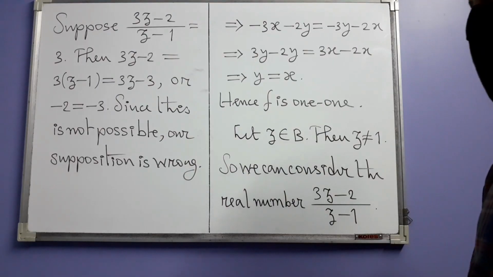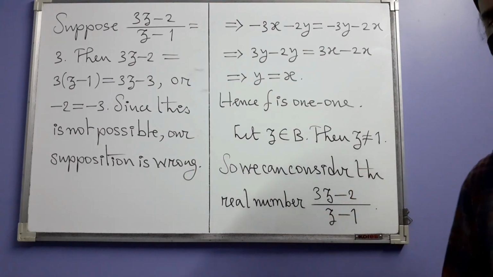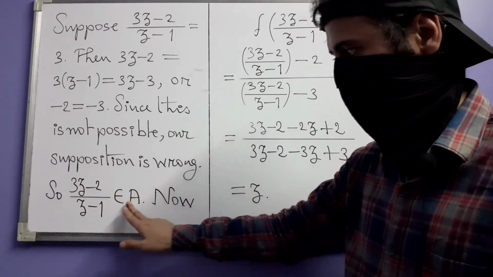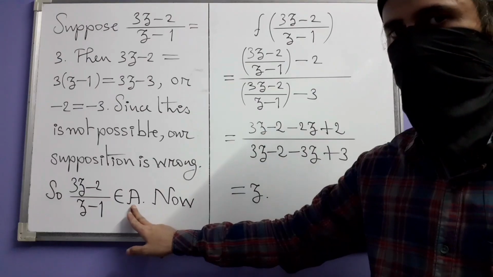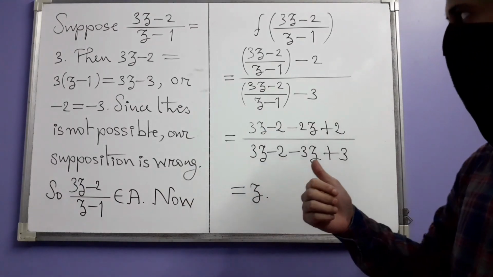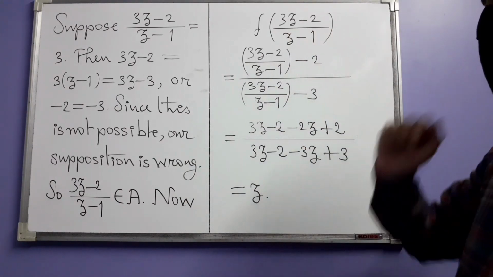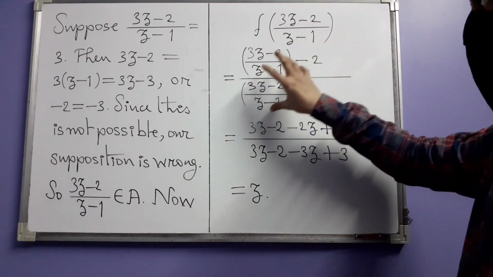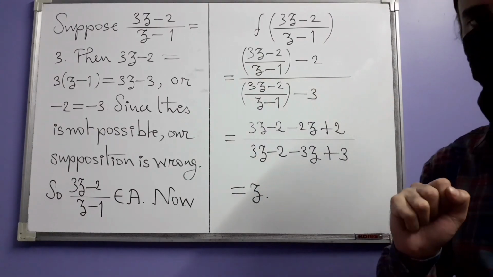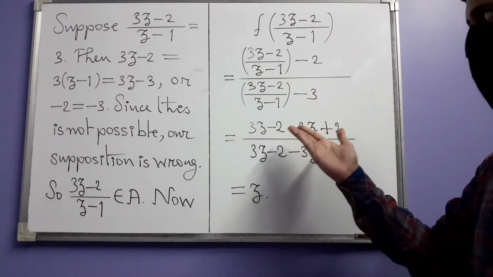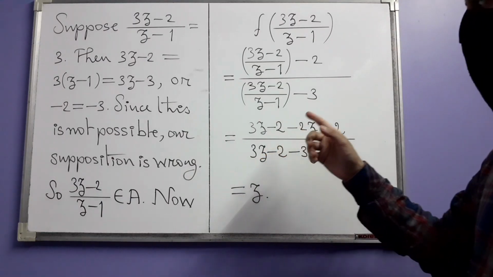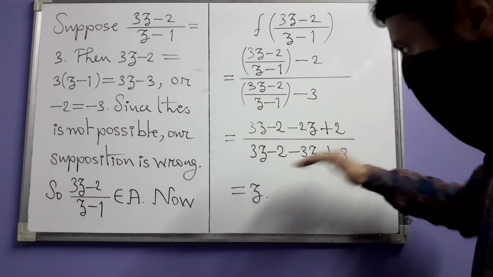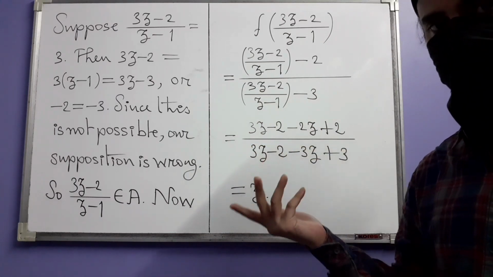And as such, we can calculate the f value of this real number. So our number (3z minus 2) divided by (z minus 1) belongs to A, because it's not equal to 3. And A is the domain of our function f. So we calculate the f value of this. f by definition is input minus 2 divided by input minus 3. Alright. And then if you go through the manipulation, I could have written this divided by z minus 1 and this divided by z minus 1, but ultimately those two z minus 1's cancel